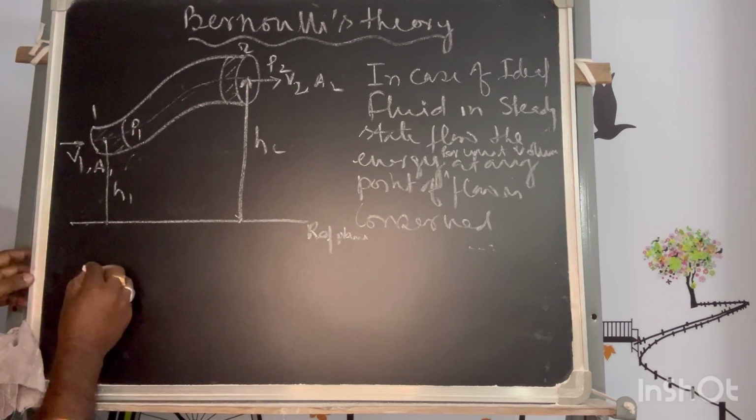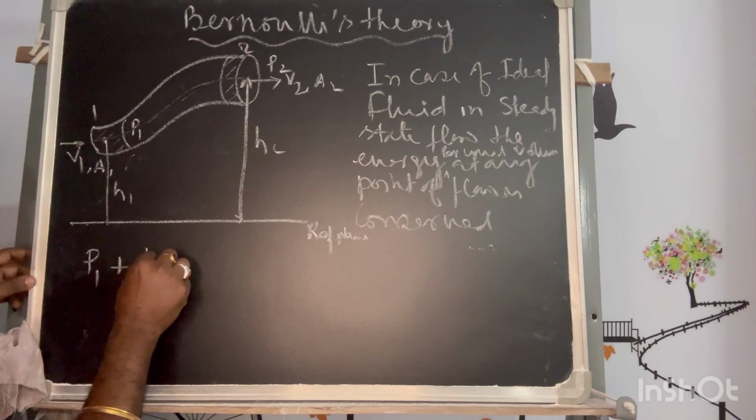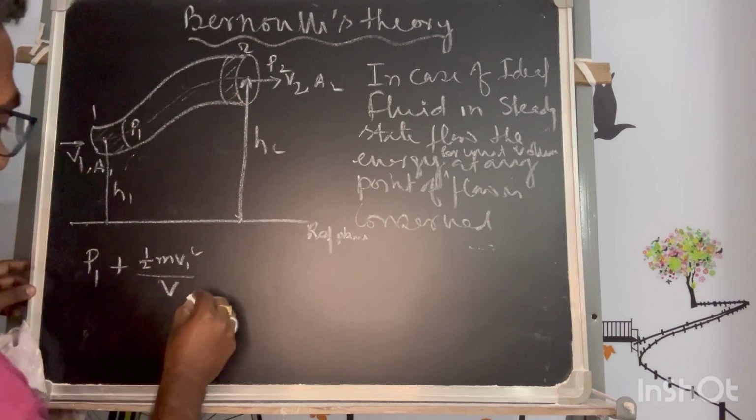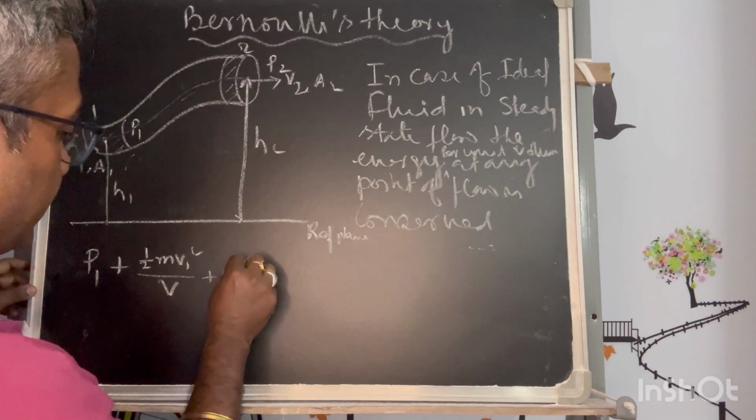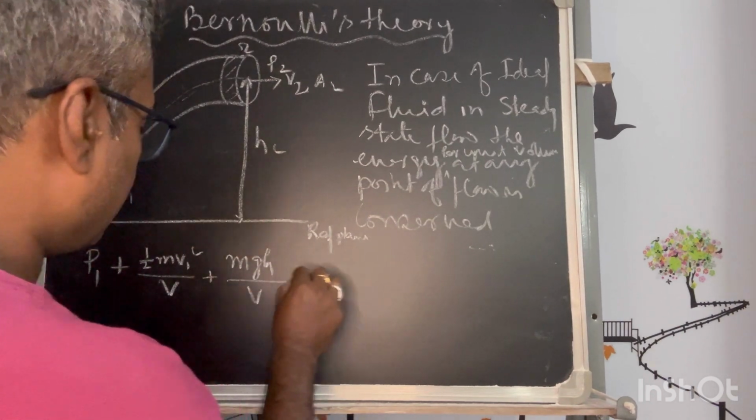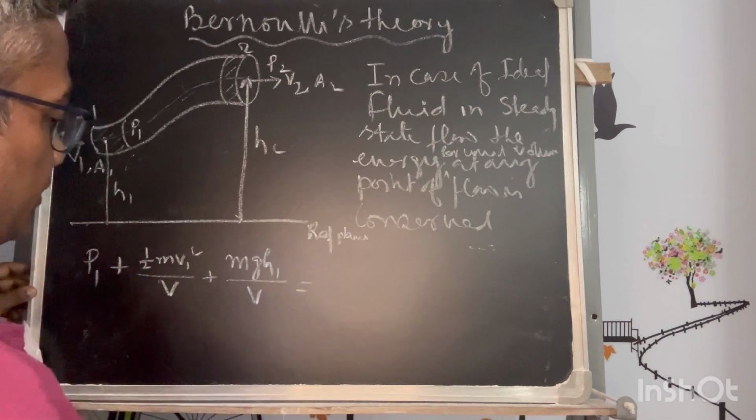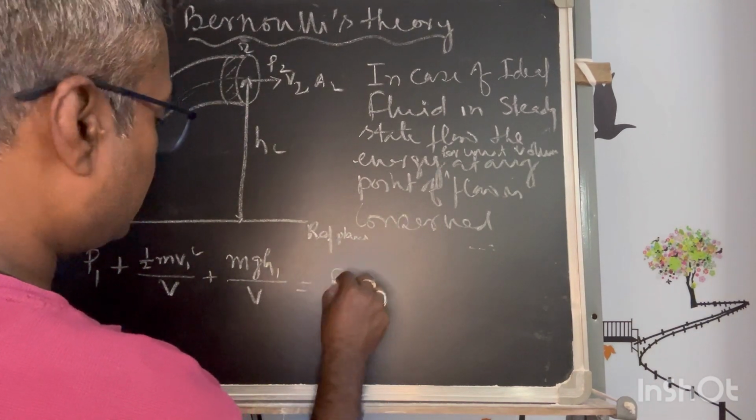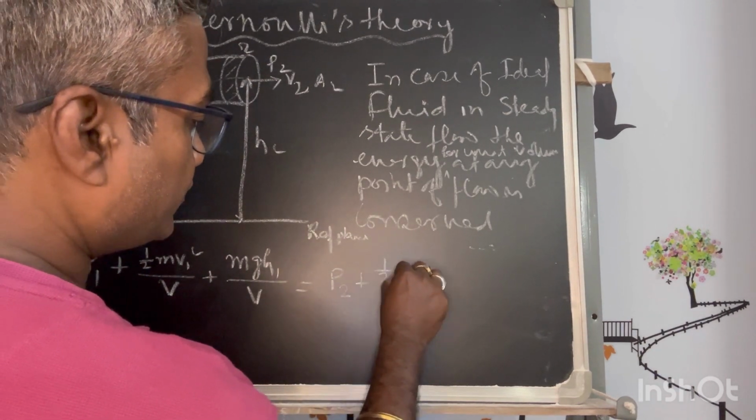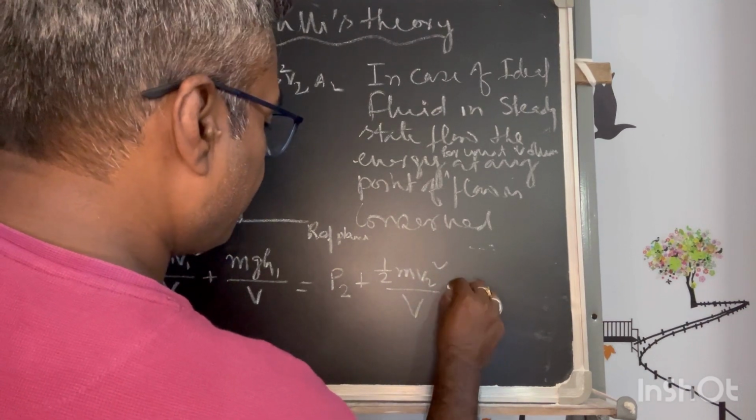Now the pressure energy here is P1 plus the kinetic energy, half m V1 square divided by the volume, plus the potential energy, mgh divided by the volume, and this is at point 1. This height is denoted by h1. At point 2, the pressure is P2 plus half m V2 square by volume, plus